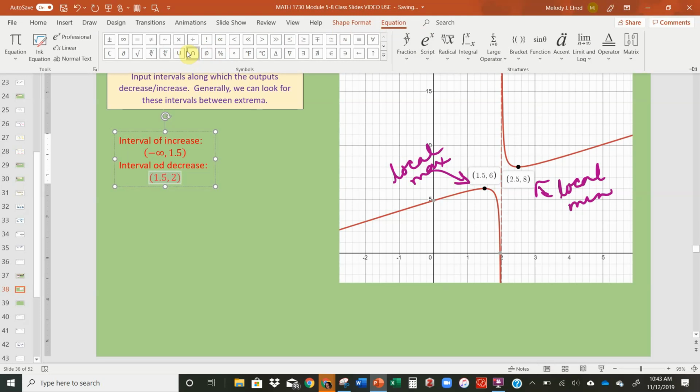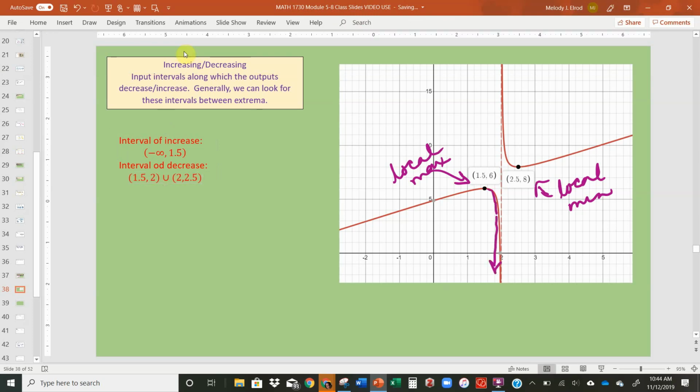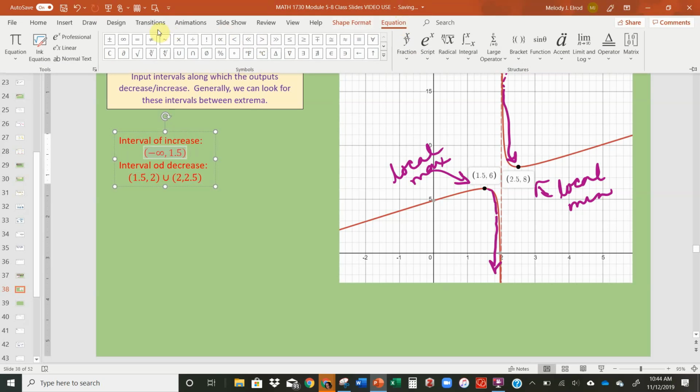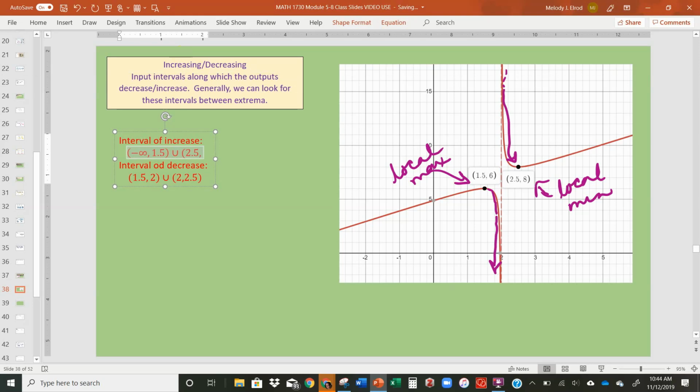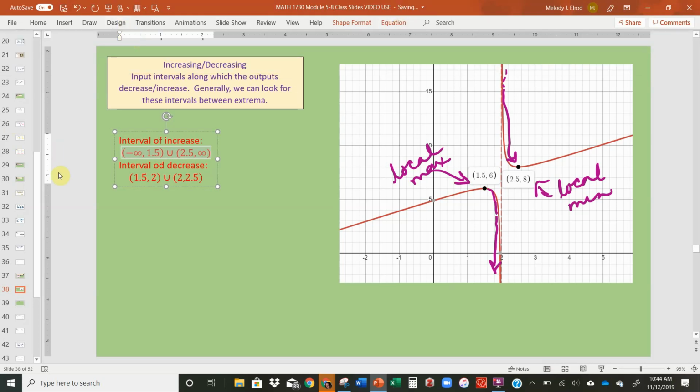So let's union that with this other interval of decrease, which is going to go from 2 to 2.5. So in this interval right here, we're decreasing. And in this interval, we are also decreasing. So we've got 2 intervals of decrease. Likewise, we have 2 intervals of increase. We have the one from negative infinity to 1.5, but we also have one from 2.5 to positive infinity. Okay, so there's our two intervals of increase and decrease, and so that's how we would answer that part of